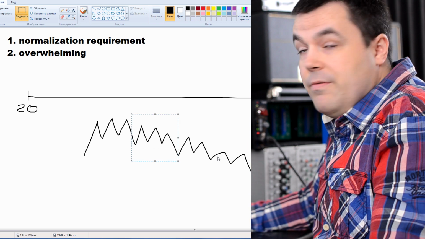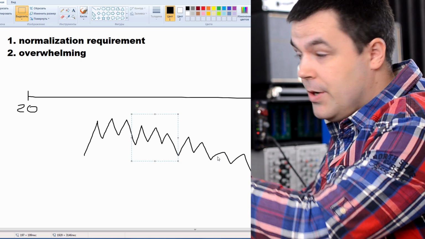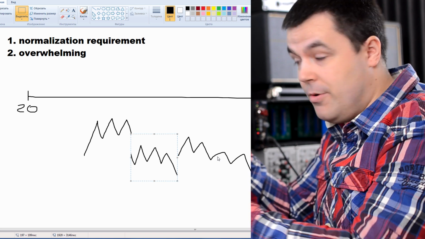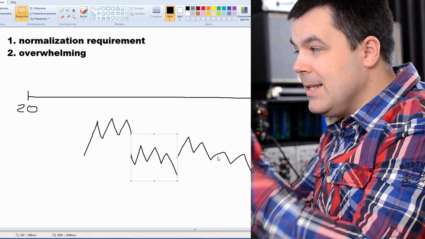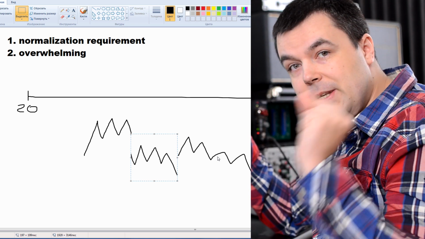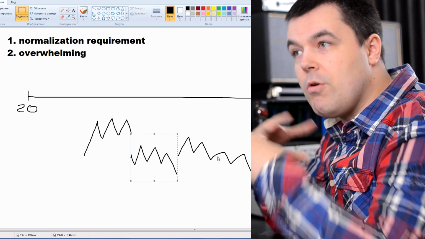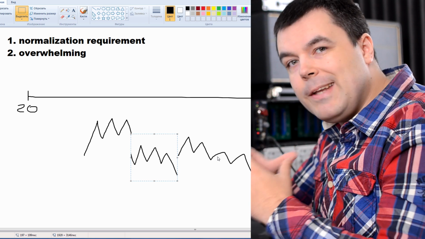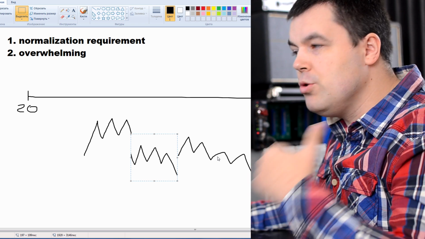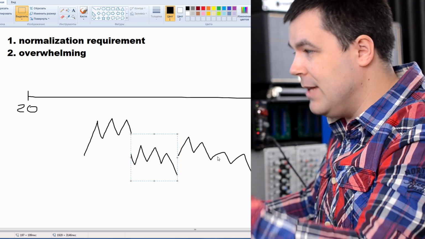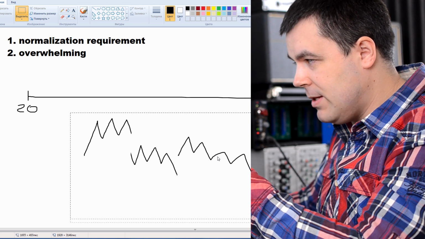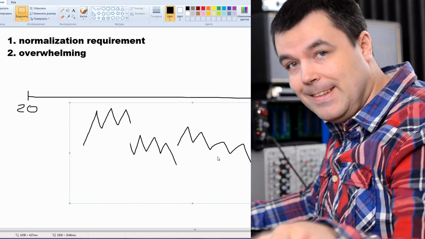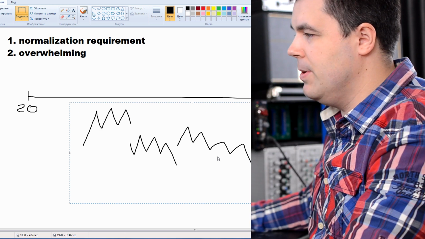You take this part of the frequency spectrum and you make it quieter, like this. Just because you take some part of the frequency spectrum and make it quieter, it's basically like you make some part of the instrument quieter, which means the overall volume of the instrument goes down. Because of that, your instrument sounds too quiet in the mix. That's why you have to normalize the volume of the instrument, and when you normalize the volume, you actually boost the volume of the other frequencies you didn't touch. Check it out, I'm gonna show you this example.